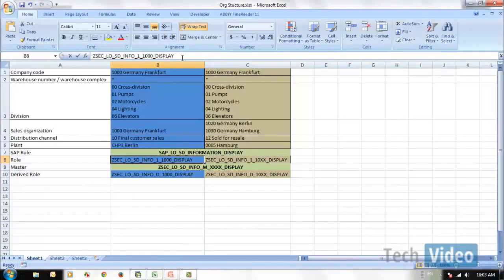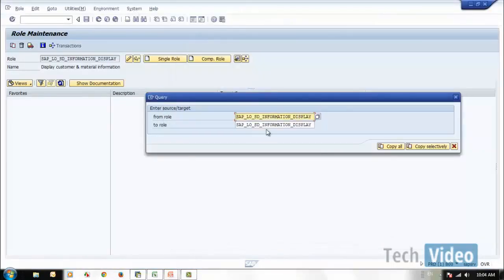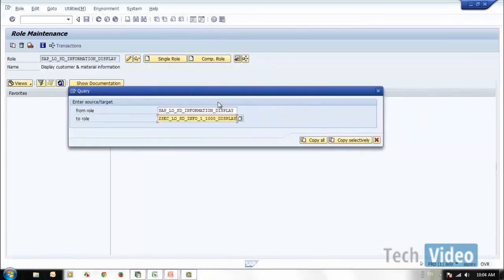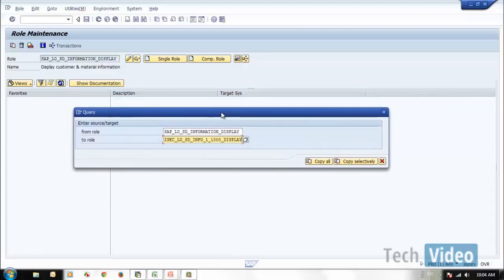In the first case, let's assume that this is our template role, so we do not need to create an additional template role. We will be copying it from this role itself. So let's create it for the first organization level. To copy a role, we simply click this button,